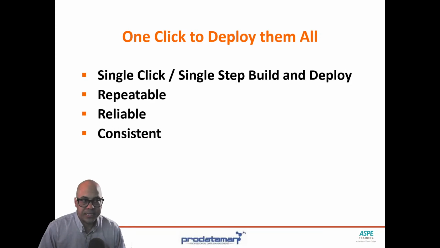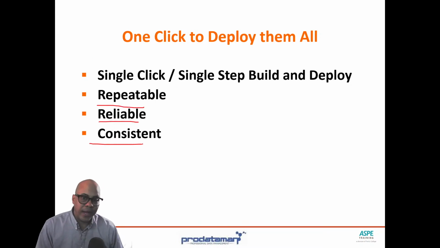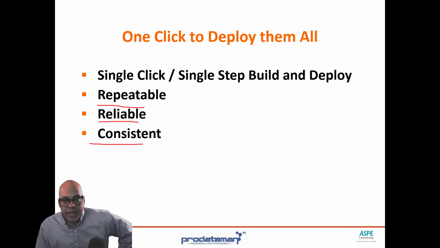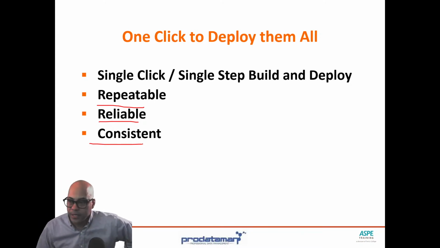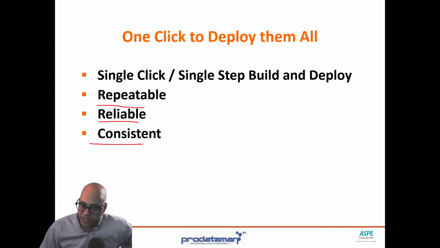So that means it's best if we have that single source of truth, that repository that stores everything for everybody, so that our deployments can be a single step, they can be repeatable, reliable, and consistent. The only way that we can get that 100% of the time is if no humans are involved. Humans make mistakes. Computers and algorithms do not make mistakes unless the human told them to make that mistake, right? The computer just does what we tell it to do, except for those old Pentiums that had the floating point error.